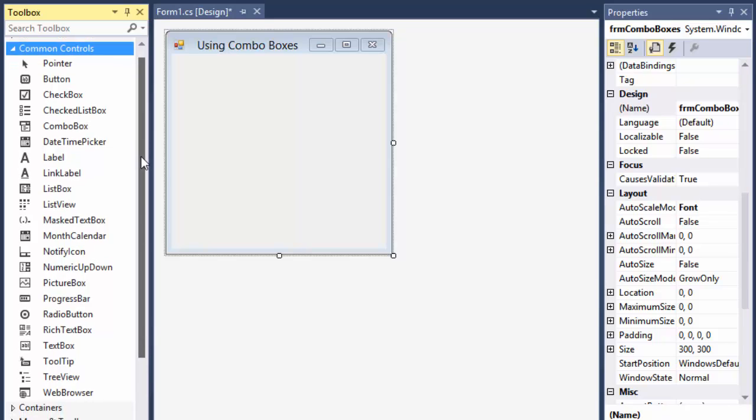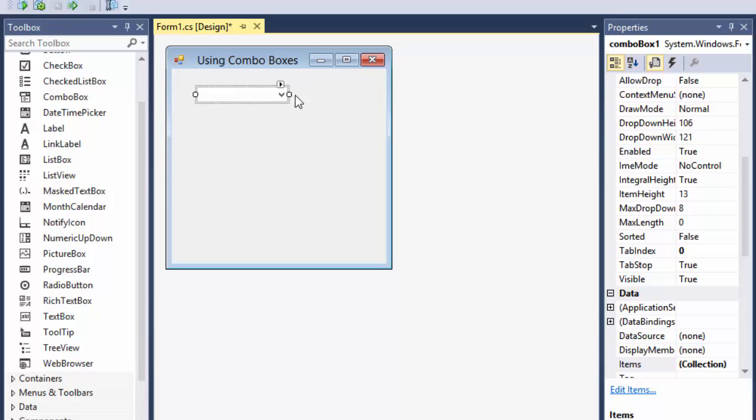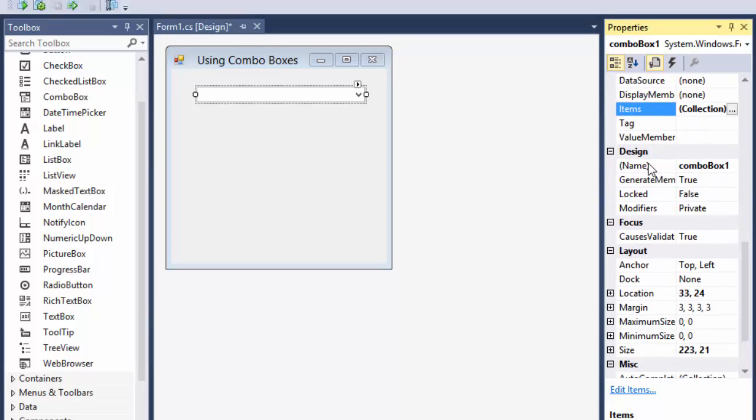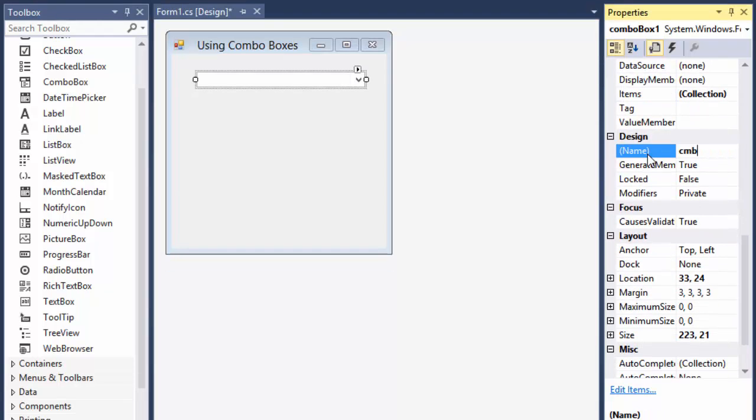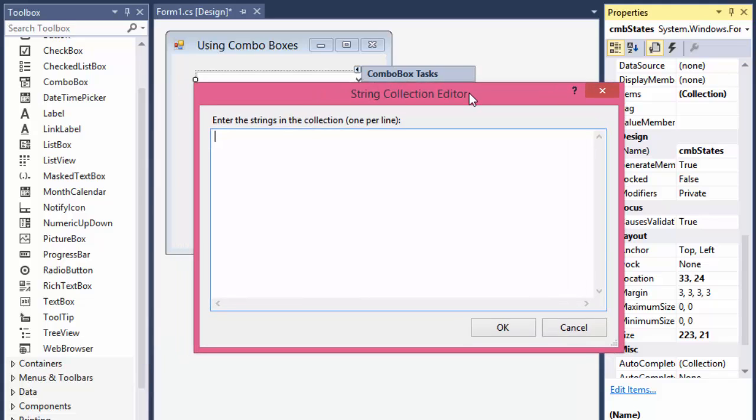So this is my form, very simple, and what we need is a combo box. So I go to my toolbox and drag a combo box in there. I can make it bigger for this particular exercise, and I'm going to call it comboBoxStates, because we are going to be having 15 states there. Now normally you would populate it from a text file or a database, but you can do it in design view by clicking on this little arrow, and it says edit items, and over here we can start adding the states, like